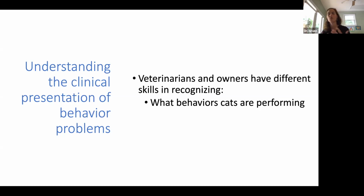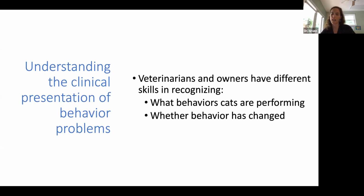So the owners are really important and good advocates for their cats, because they can tell us about the behaviors that they're performing. And they can also tell us whether that behavior has changed. So again, we don't get to see that range, and we don't get to see the more gradual changes. The owners do. But where we really need to focus is our skills are in whether that behavior is abnormal. We can help them understand whether that change is important and needs to be considered,